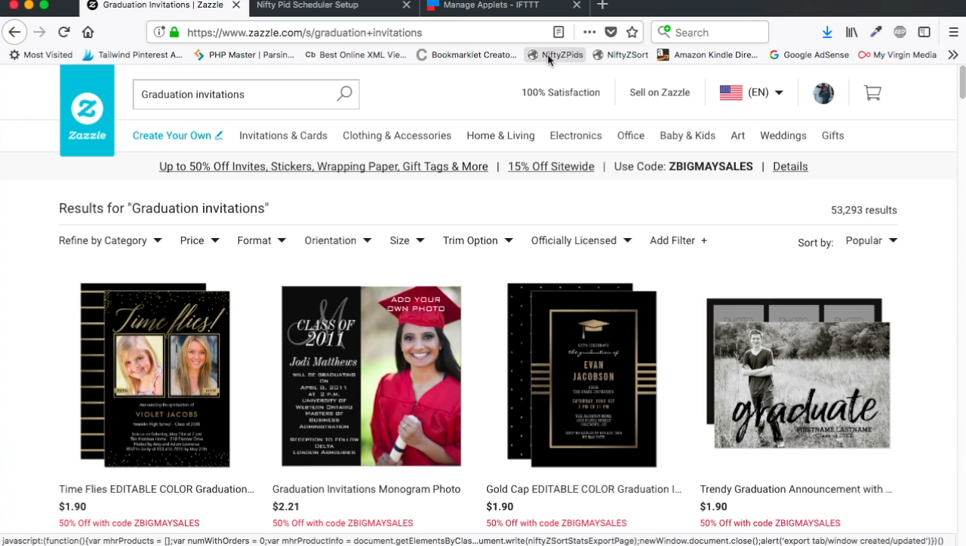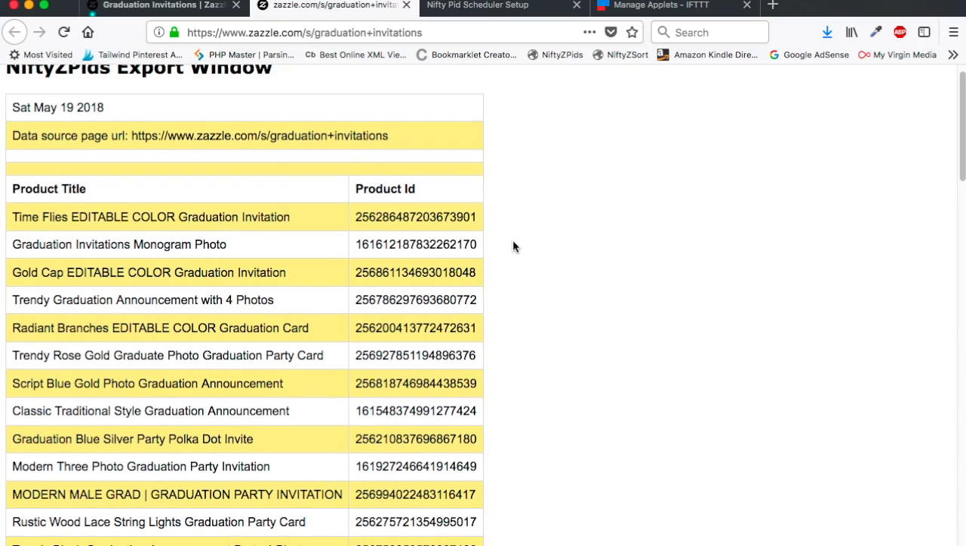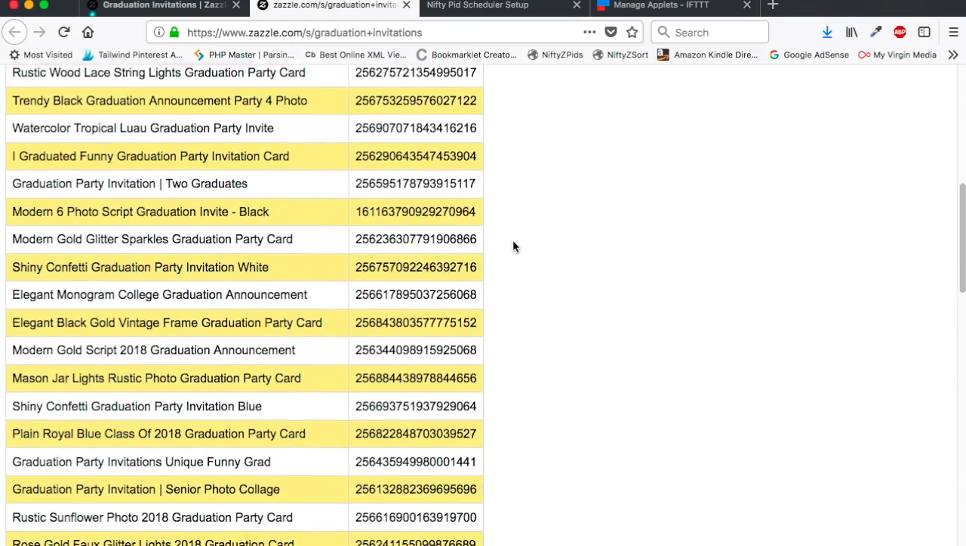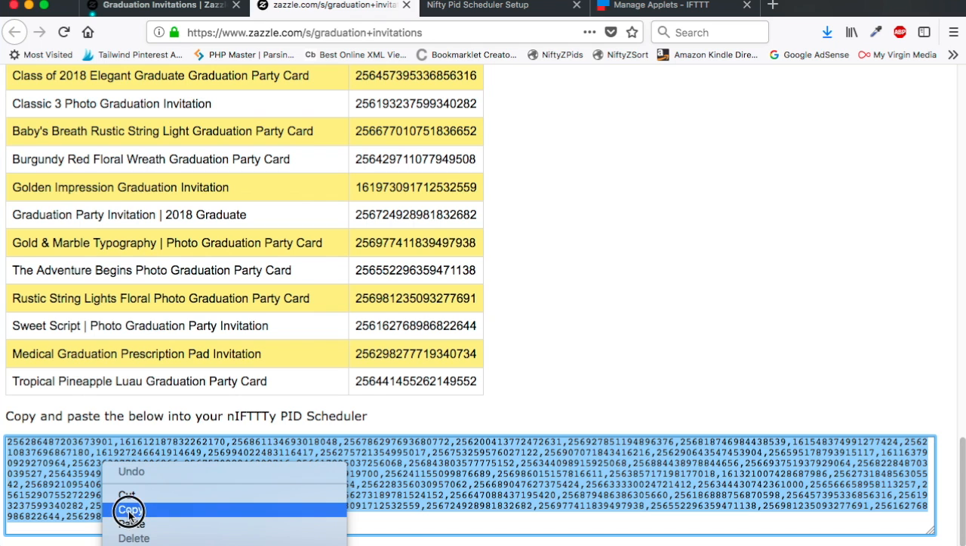We click on the Nifty Zazzle Pid's bookmarklet, and that creates this page. It's an export page, and at the very top you can see it's called the export window, and there's a list of all the PIDs, but here they are ready for copying and pasting. So I've highlighted them, copy,